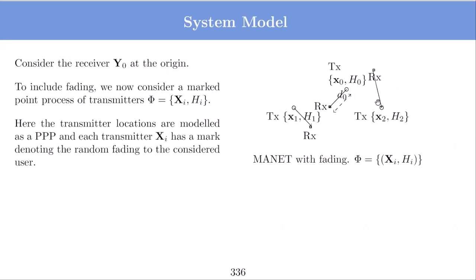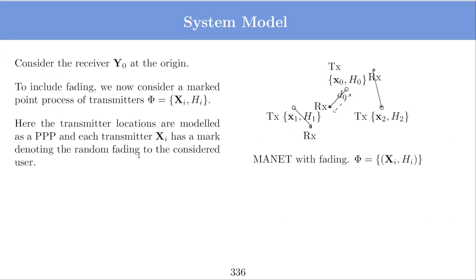Because each individual transmitter has a different random variable which can be independent. So this hi would be a mark, and of course we assume independent fading here. So these will be independent marks. The transmitter locations are modeled using PPP, and each transmitter xi has a mark denoting the random fading to